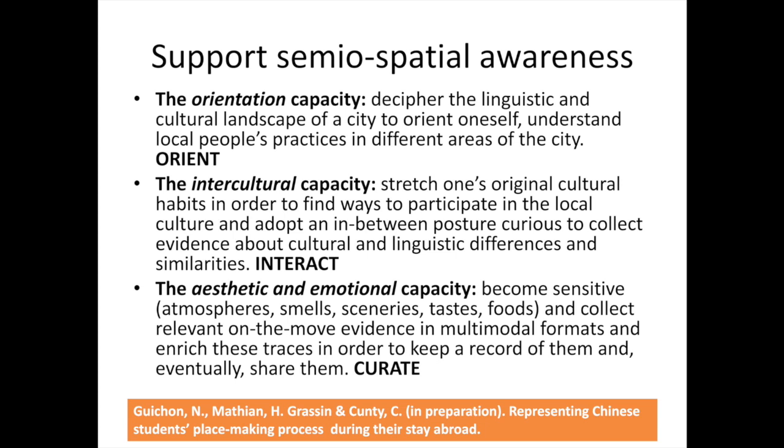First thing would be to help those students to support their orientation capacity. That is to say, to be able to read the landscape, the linguistic and cultural landscape, the signs and so on, and to be able to orient themselves, but also to understand people's local practices, and see how they differ. Of course, we've got different neighborhoods in Lyon, like you have in Sydney, and you don't behave in the same way in Waterloo or in certain suburbs and so on. I won't go too far because I'm not sure I'd be a specialist. So first thing would be to orient.